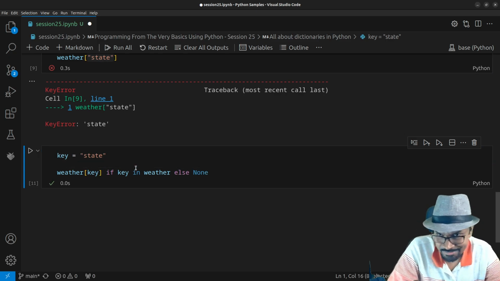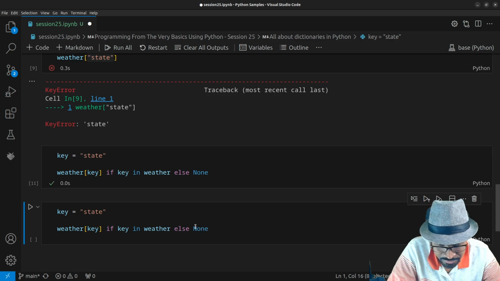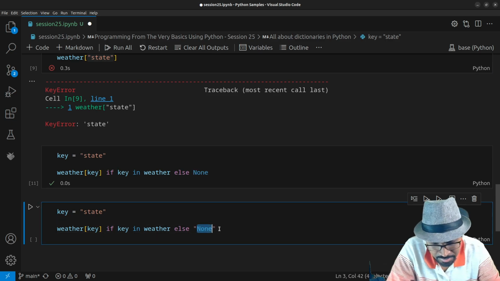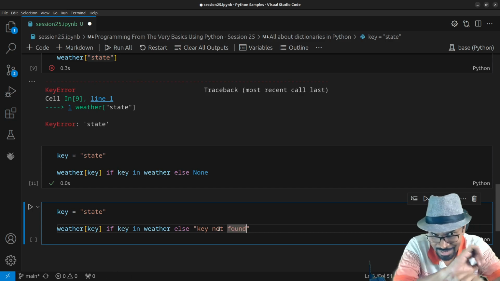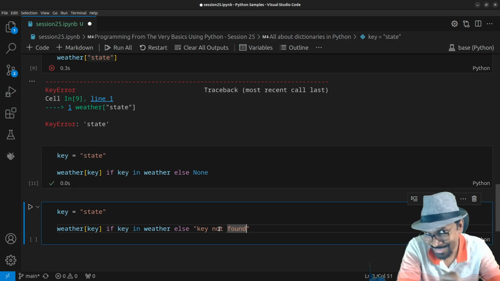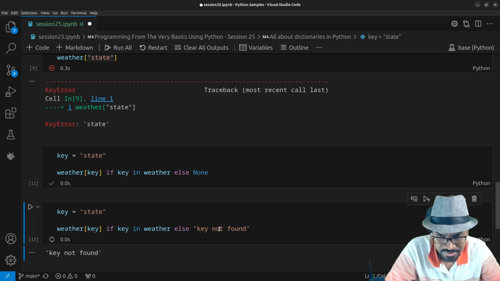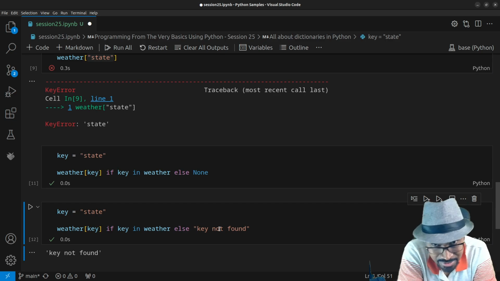But maybe you don't want to return None, you want to return something default. You can put whatever default value you want to return by modifying it. I can just say maybe "key not found". So whatever expression you put in the else clause, that will be evaluated in case the key is not found. Now, this is an expression which handles non-existence of a key in a more graceful manner where you don't have